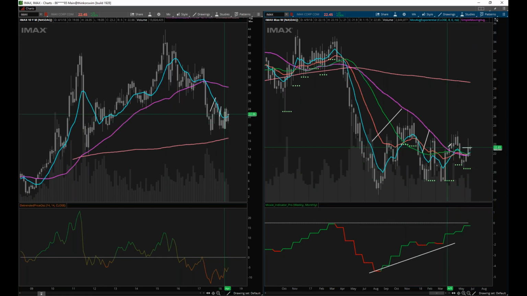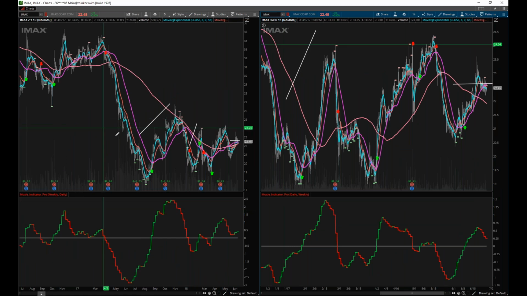And it's going to take forever because this is a weekly chart. Each one of these bars is 1 week. I mean, this thing found its bottom back here in August of 2017. So it's been almost a year that this thing has been trying to turn, and it's almost just now ready. And I'll bring that over here to the daily chart and kind of show you, look at all this chop.